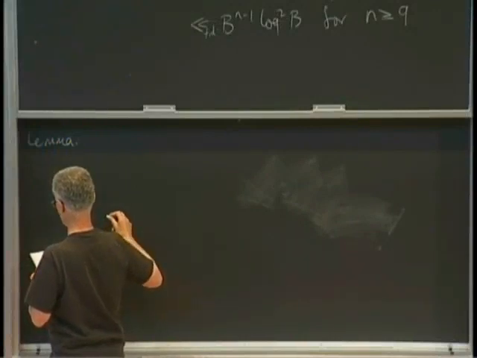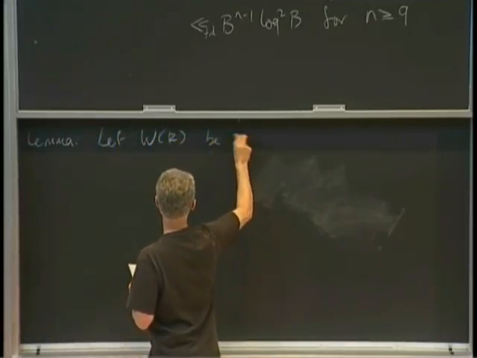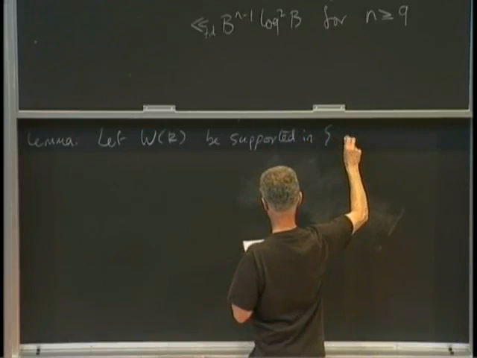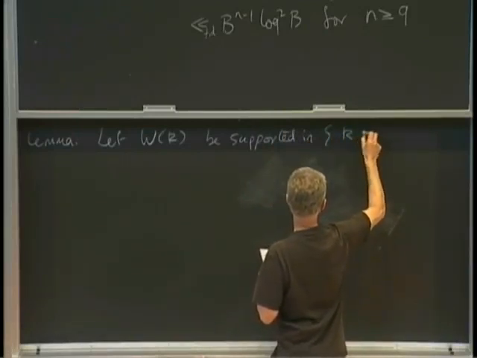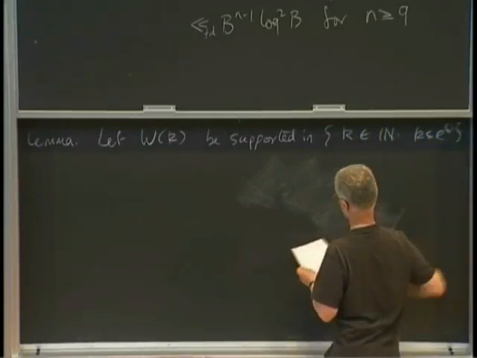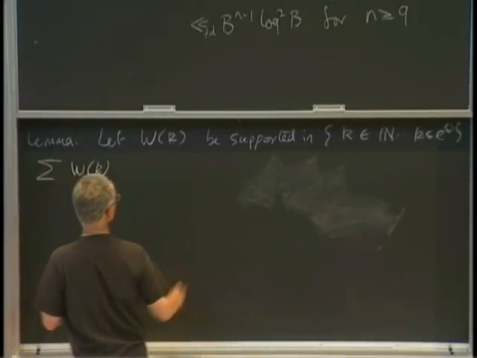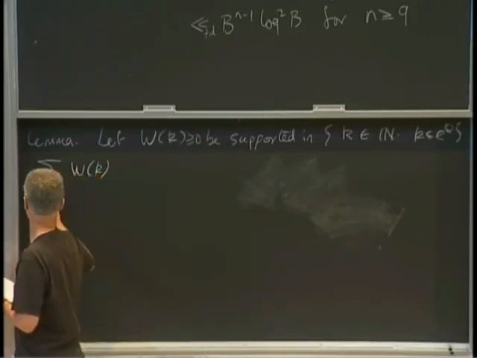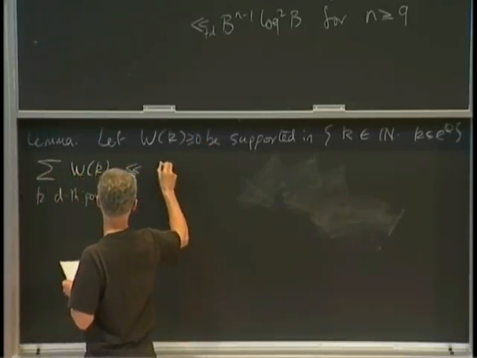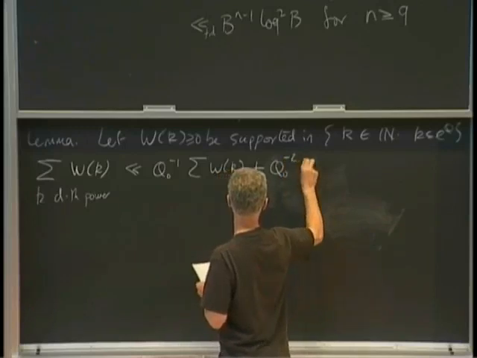So I'll phrase this with an arbitrary function wk, which I'm going to assume is supported in a set of positive integers up to e to the q, and then some wk, these are non-negative functions, k is a dth power, is less than q naught inverse some wk plus q naught to the minus 2 some